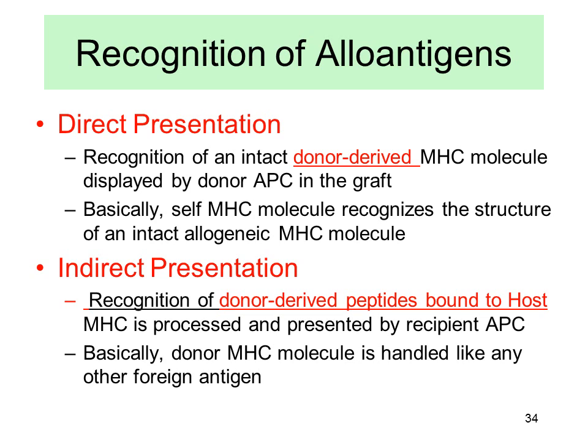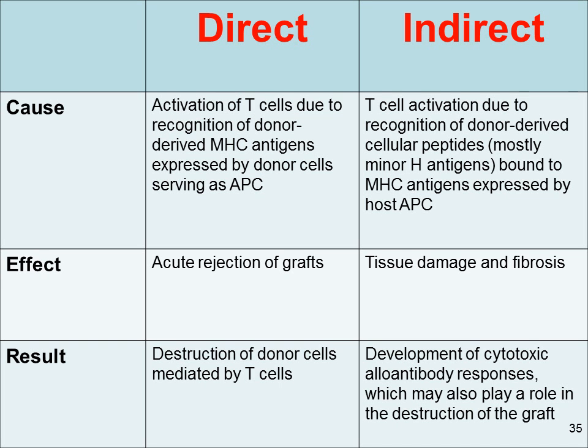The idea is that in both ways, the T cell will see it, whether it's presented by the donor cell or presented by the recipient cell, right? But the point we're trying to make from this is that if it is a direct presentation, we are going to have acute rejection of the graft, right? If it's an indirect recognition, we may have tissue damage and fibrosis,